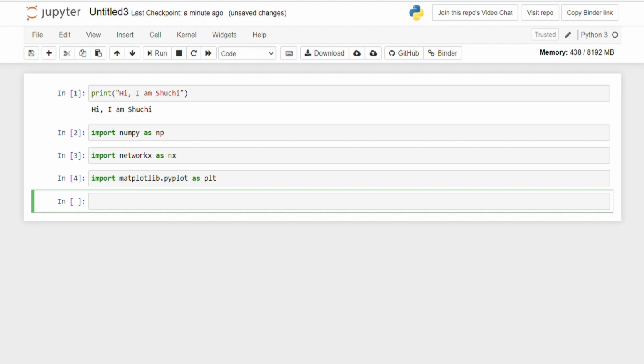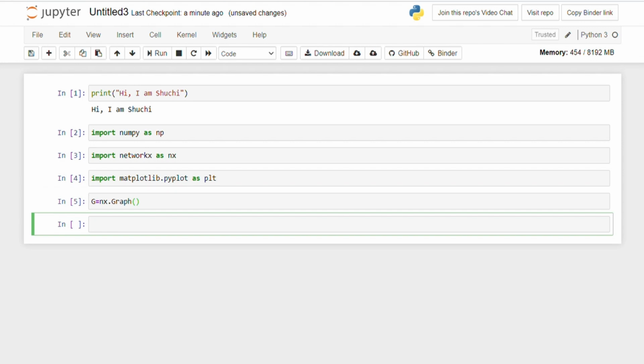Now we can create graphs, the command for which is nx.Graph. Let's name the graph G. So when we write G equals nx.Graph, a new graph has been created, but it does not have any nodes or edges. To add a node, we will write